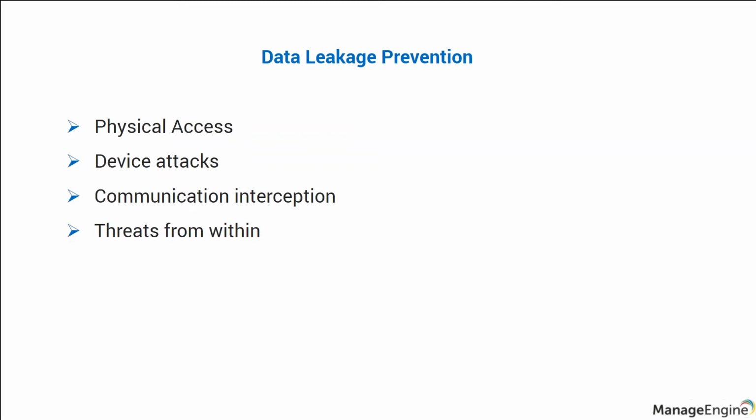Insider threats can be of two types: intentional and unintentional. By intentional, I mean that a malicious employee of the organization intentionally decides to download sensitive data onto his mobile's memory card or share it via email. The example of the case between Waymo and Uber's self-driving cars can be taken into consideration here. And by unintentional, I mean an employee inadvertently downloads a malicious app that steals his data.